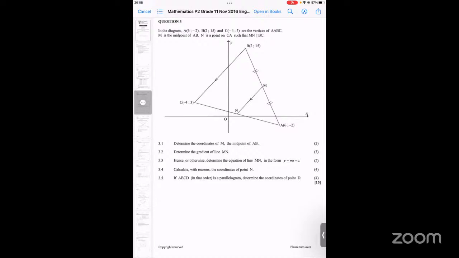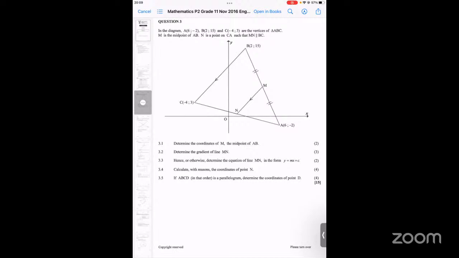3.4, they will want you to calculate with reasons the coordinates of N. So that means you will need to find the coordinates of N based on whatever reasons. So it looks like you will definitely need to do some calculations. And whatever the calculation you do, have a reason to say, I'm doing it this way because that line and that line, whatever, and that line and that line, whatever. And the reason is because of when we have these things with the lines being in this manner,